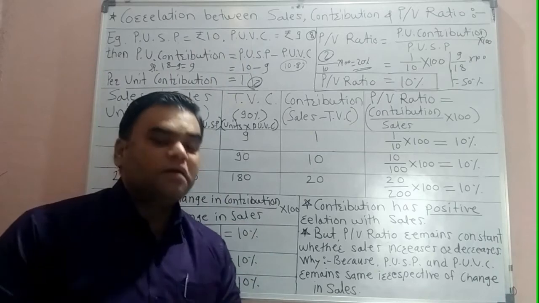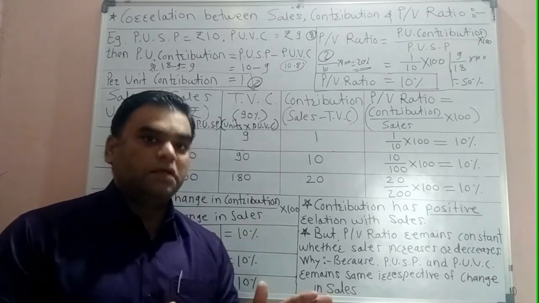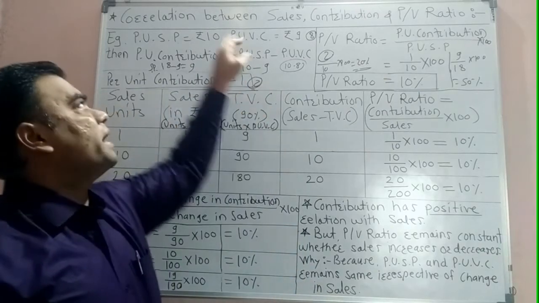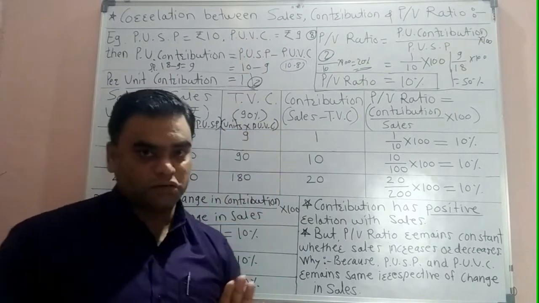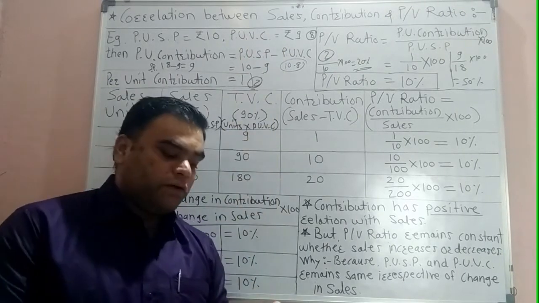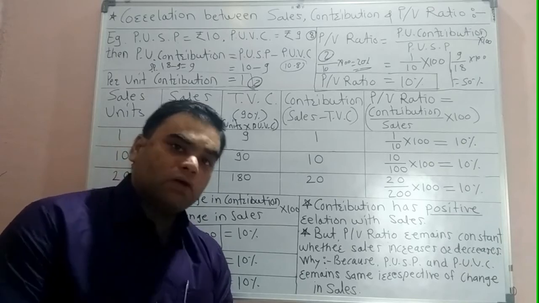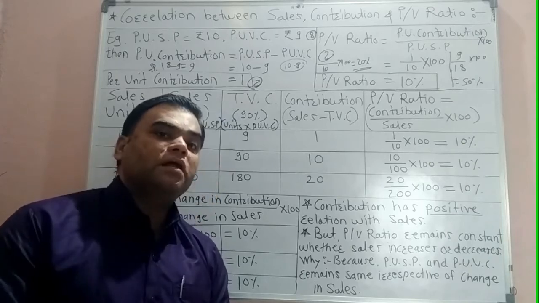In short, PV ratio cannot be changed. It will remain unchanged if you make no change in per unit selling price and per unit variable cost. Means if your per unit selling price and per unit variable cost remain unchanged, then your PV ratio will